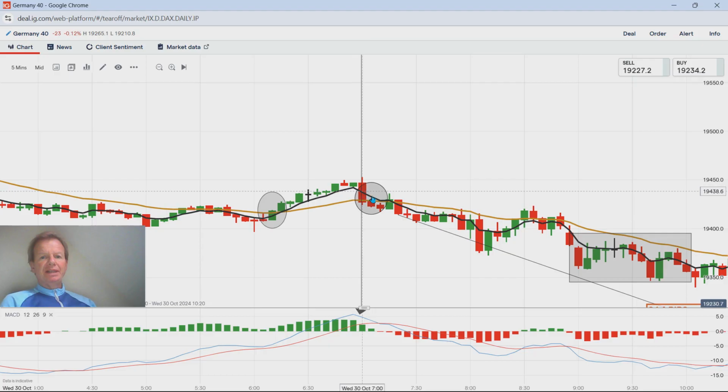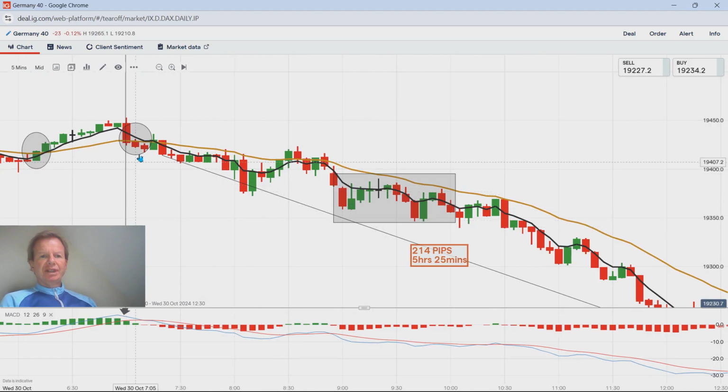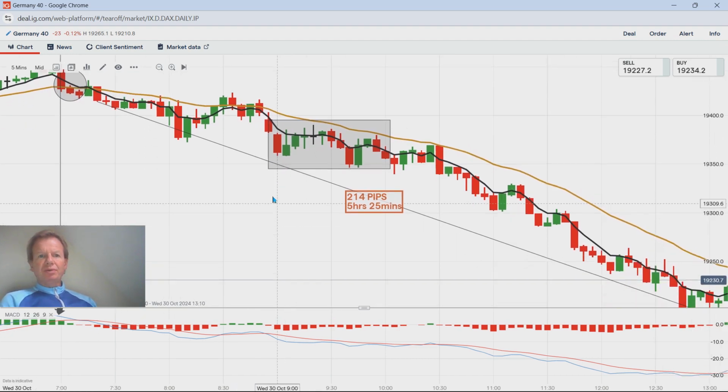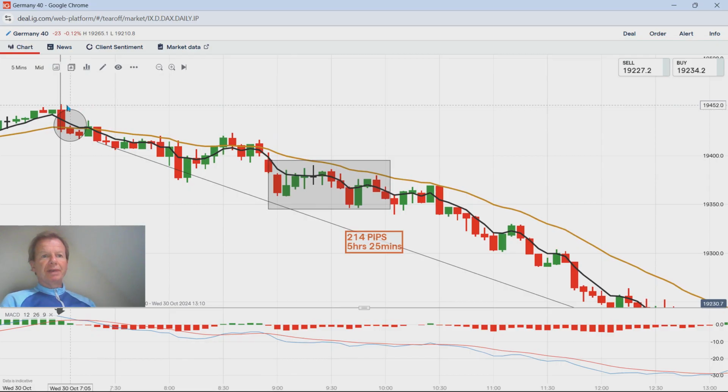It starts turning here, so that's when you get out, and that's in under 5 minutes. So you probably would have got out here. So 19,416. You'd only have made about 15 pips, or you could have got out there and got a few more. But then here is the big move. Here we get in at 7:10, which is more or less when the European market opens, 7:10 to 7:30. If you're up early in the UK, and you go in at 19,420, say, and you ride it all the way down. See, price crossed here, but the moving average hasn't crossed, so you'd still be in the trade. And obviously a stop would probably be at the top of here somewhere.